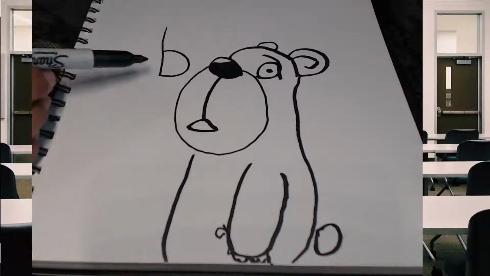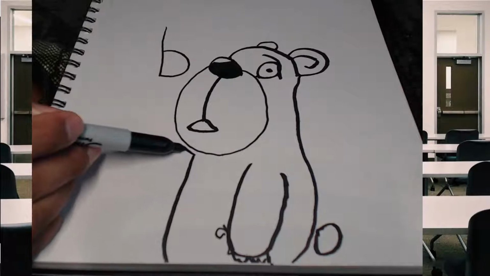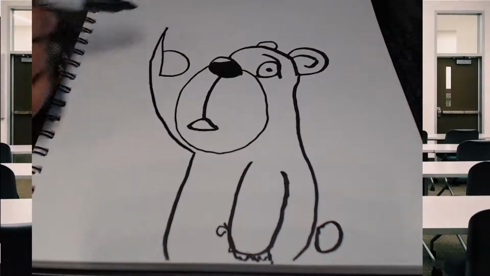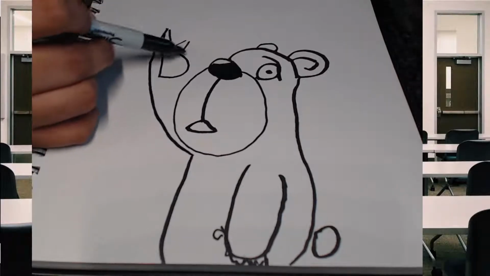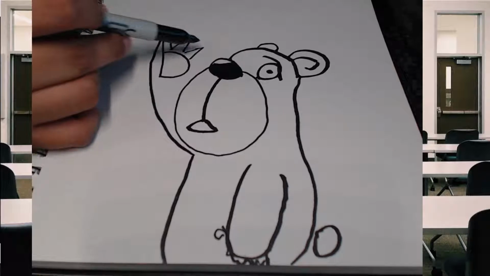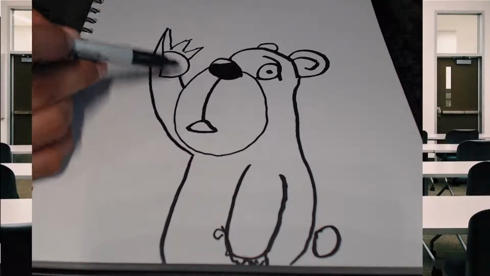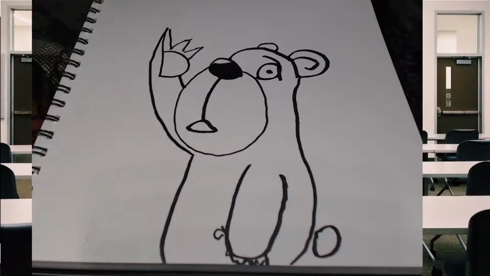So my bear is gonna have a big hand, so from here I'm gonna go up and behind the B to the top, and then we're gonna give him claws, because bears have claws, and connect this to this. So the B turned into the bear's claw, so he's like saying hello,